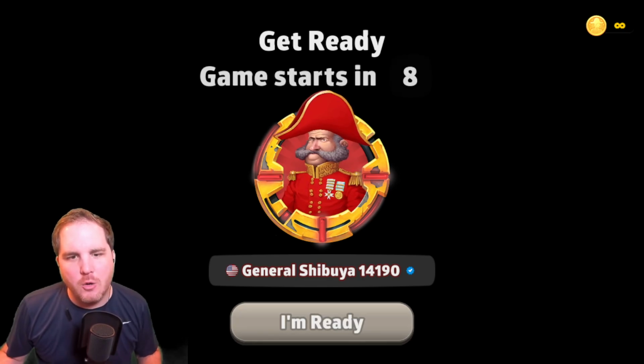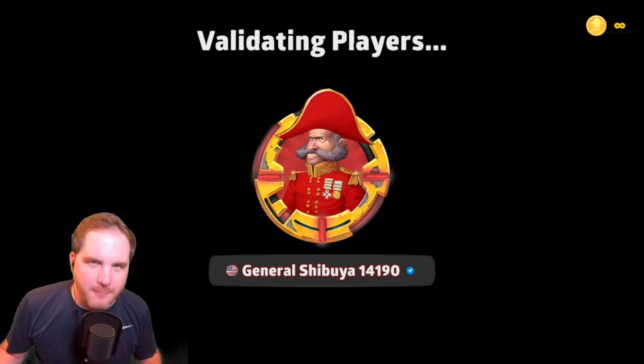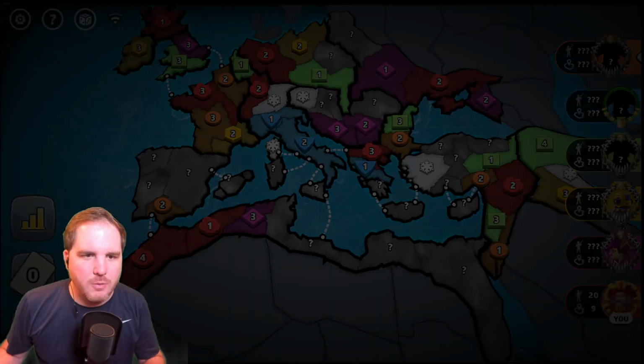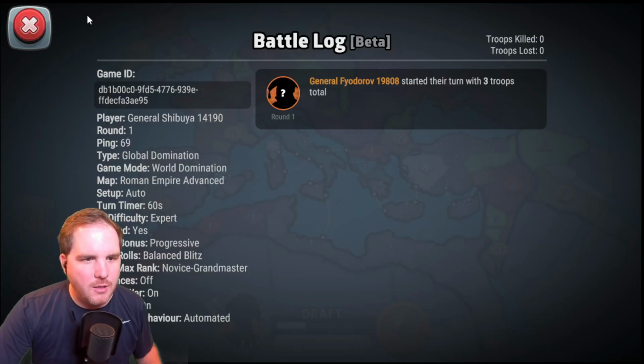For SMG Risk on the Ottoman Roman Empire Advanced. One of the 4 new advanced maps: Roman Empire, Ottoman Empire, USA, and New Zealand Australia Advanced. So we're checking out this one. Just played a game on USA Advanced, so you should go check out that video if you're interested in learning more about that map. But right now, we are in...